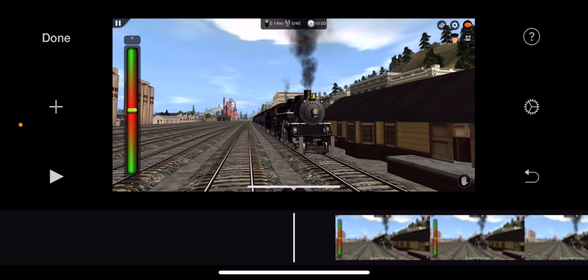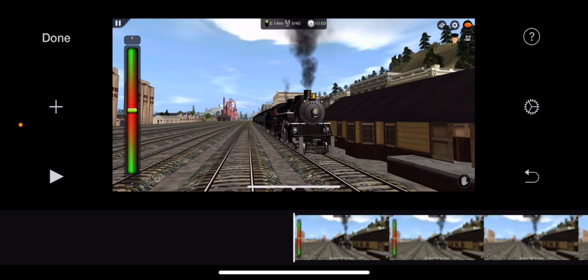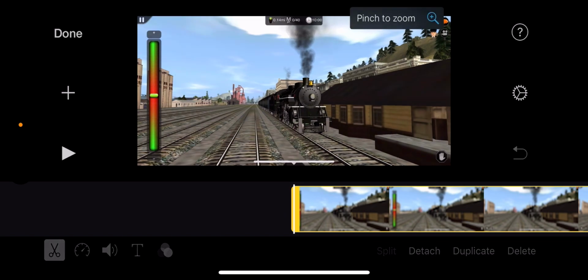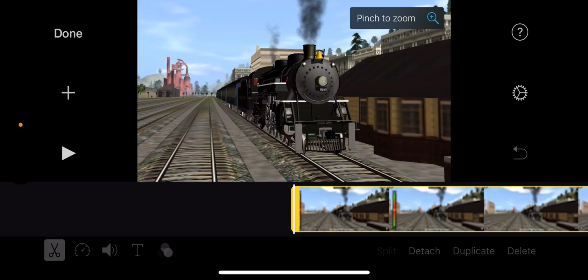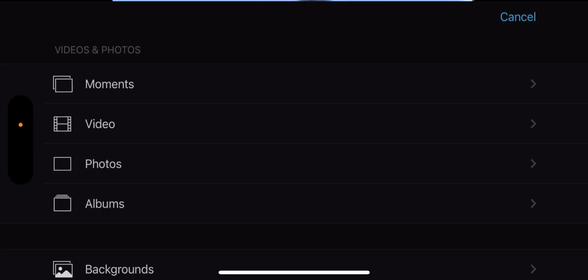If you guys are wondering what this video is, it's a tutorial video of how I put faces on any locomotive, steam or diesel. But for this tutorial, I'm going to be doing the one with Aiden. For the first part of the video, I usually have to zoom in on the locomotive that I filmed,